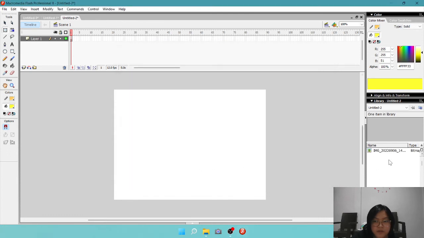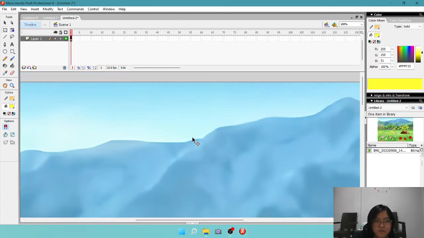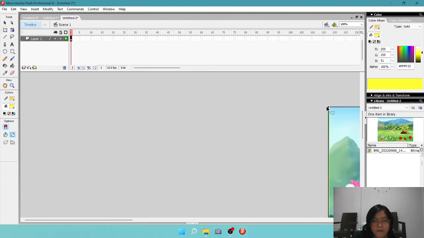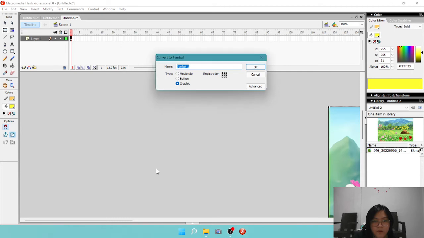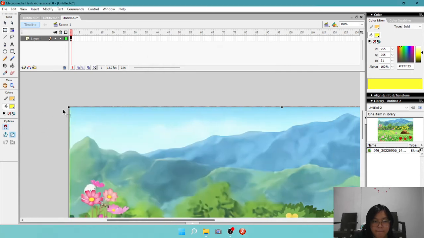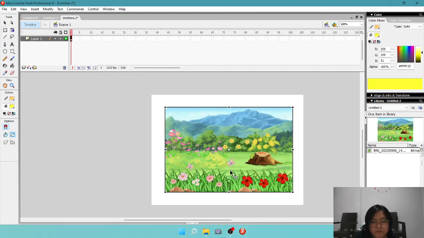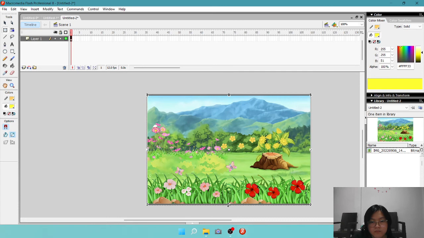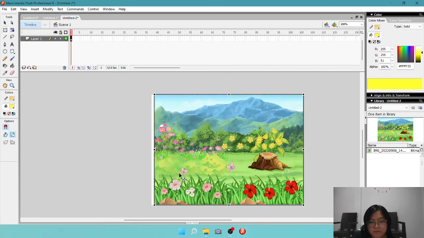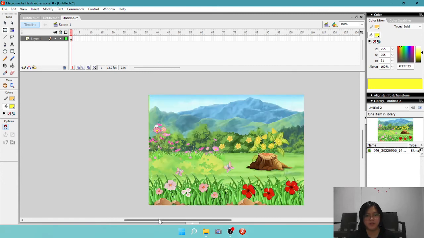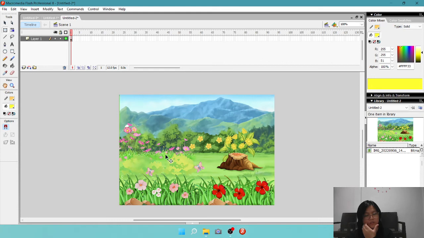Open, like before. So this is the background.